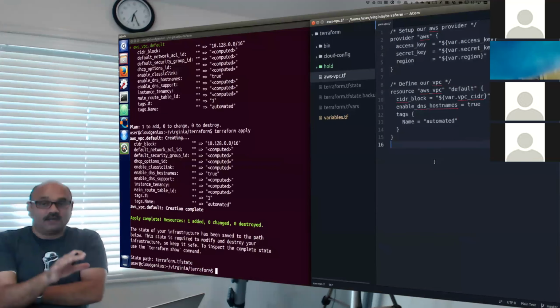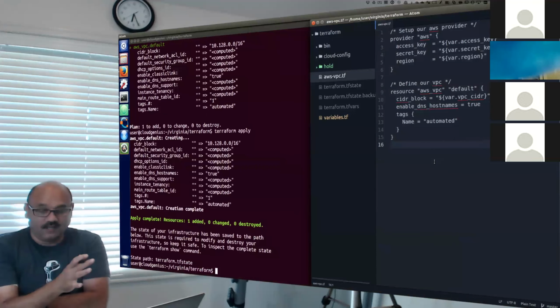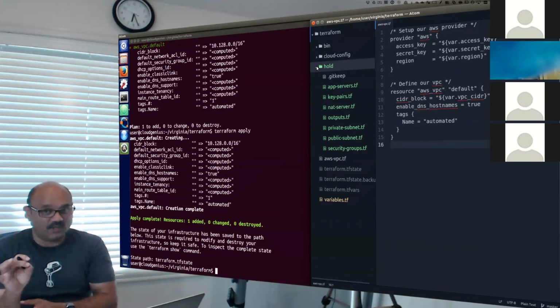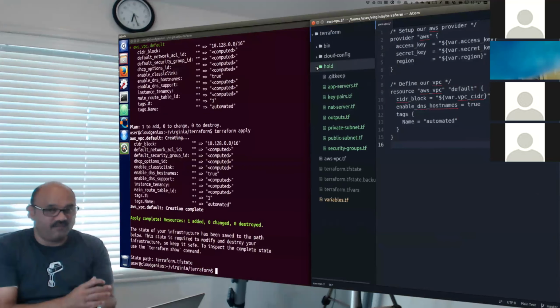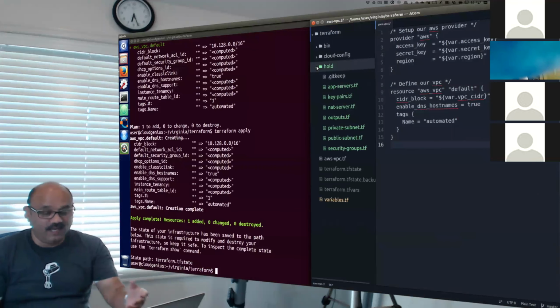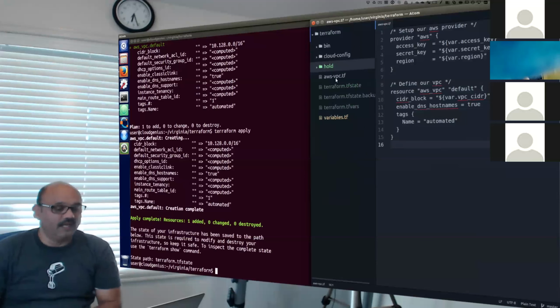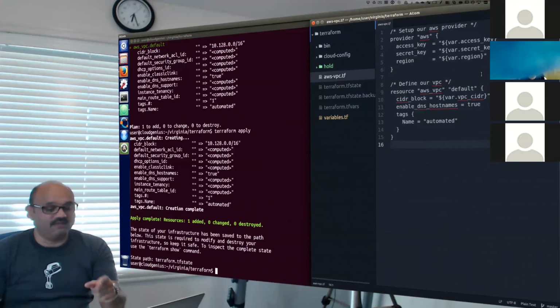So you saw me that there are a bunch of files hidden away from the main folder in a hold folder here. And in that folder, I'm hiding some things. I'm going to put the next item out in the main folder and understand it and see what it is going to do for us, and then play it, see the plan, and then apply it. You've seen at least one by now. You've seen me do this AWS VPC, right? This VPC we created. We brought that file out from the holding area into this location.